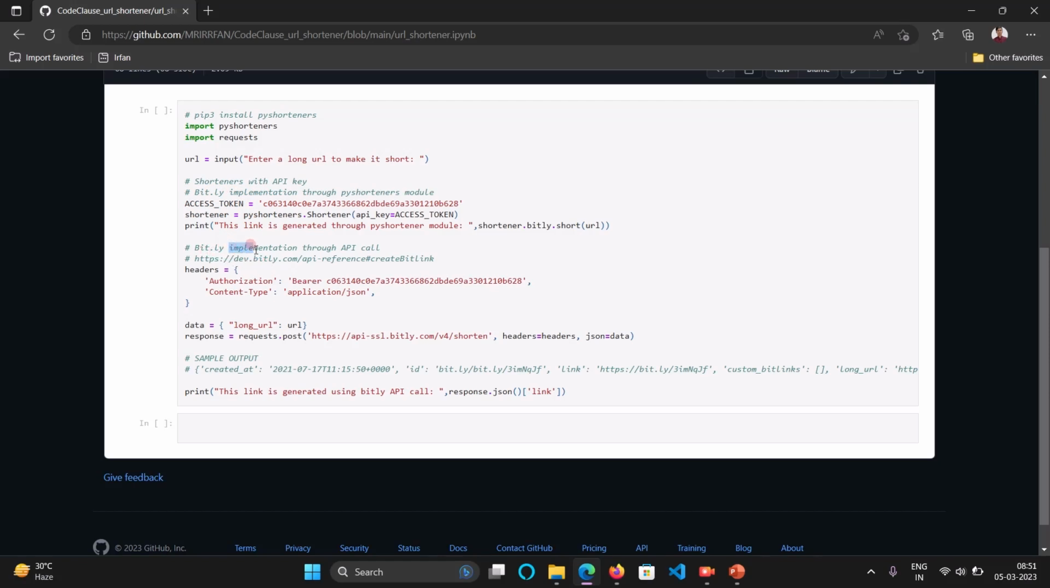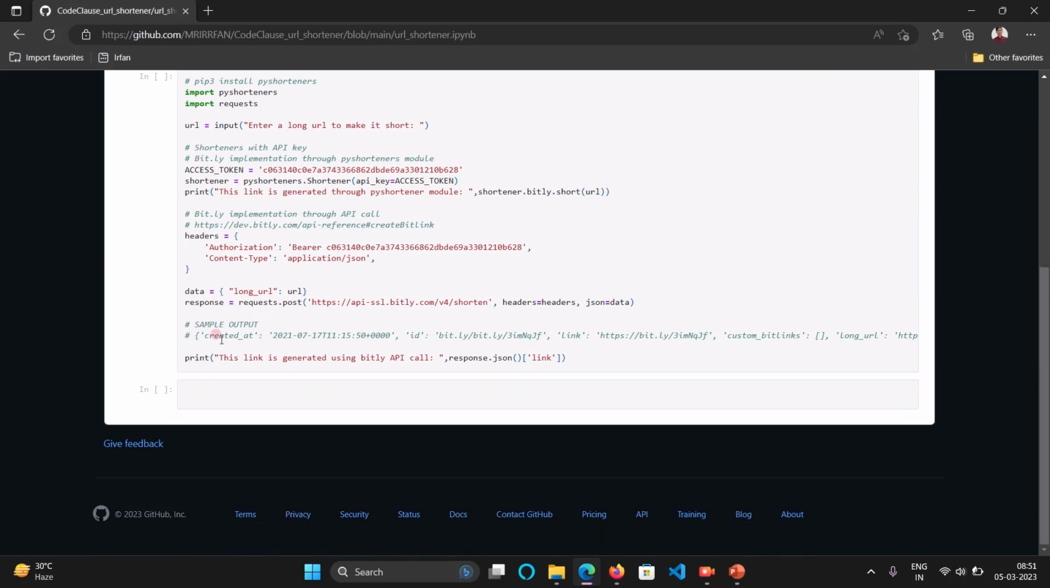that I have told before, implementation through API call. So here we also have to write the access token, but it is by API call. This particular code format I have taken from Bitly. When you go on the Bitly website, you can see this format there, and I have just printed it